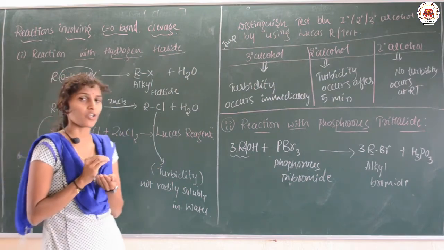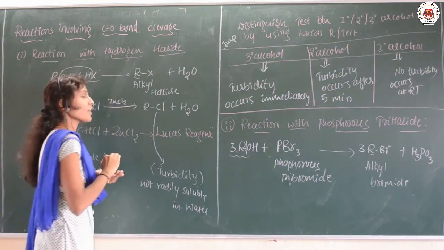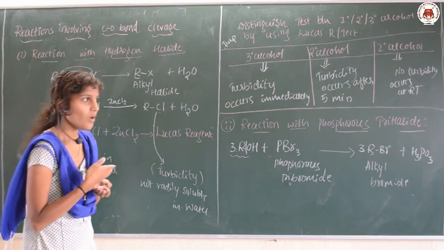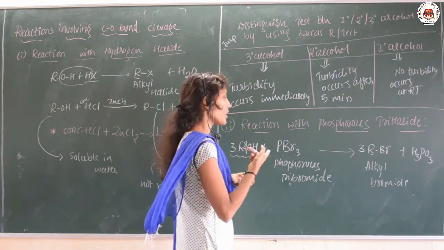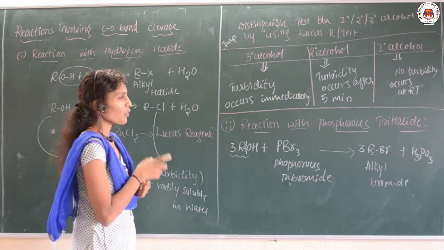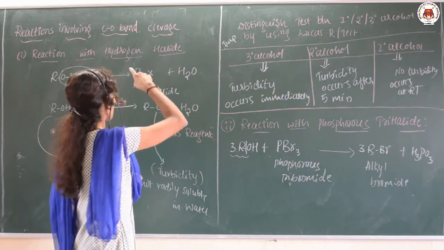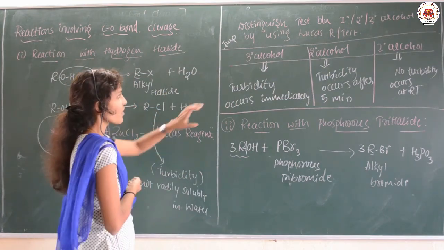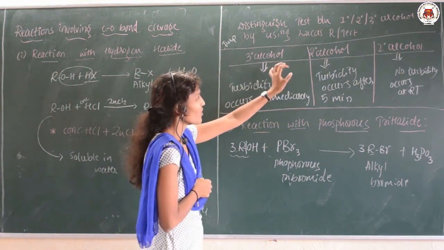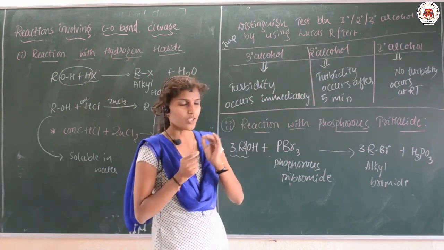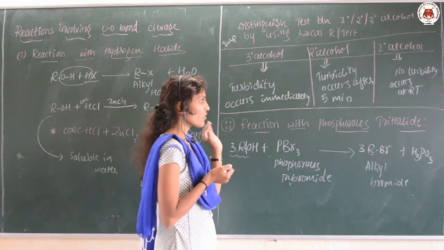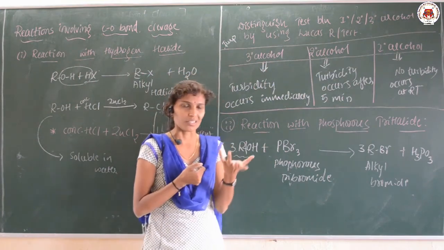First one is the reaction with the hydrogen halide, particularly HCl along with ZnCl2, and one more reaction, that is by taking the phosphorus trihalide. We have discussed how the product is formed by the breaking of the C-O bond, and the important bit of this concept is how the Lucas reagent is used to distinguish between primary, secondary, tertiary alcohol. I hope it is clear, and a few more reactions like